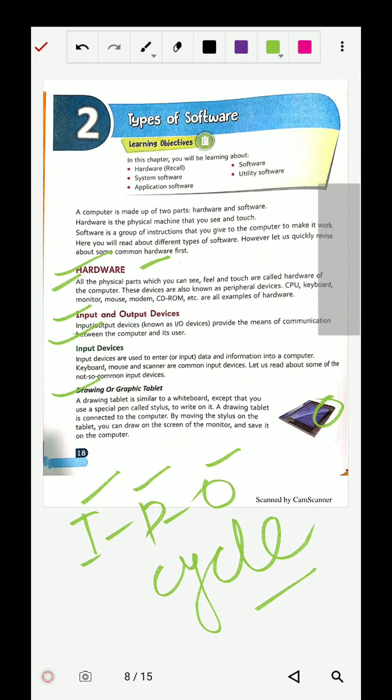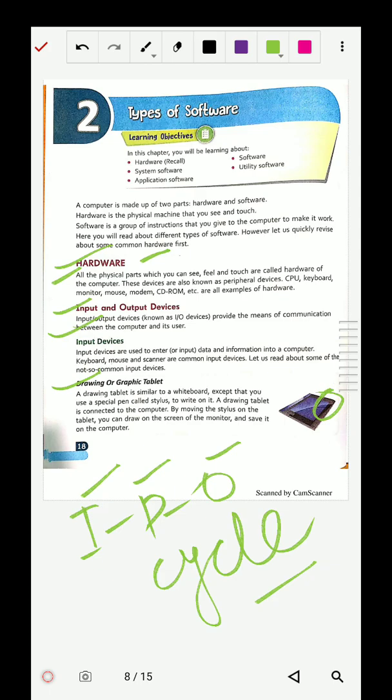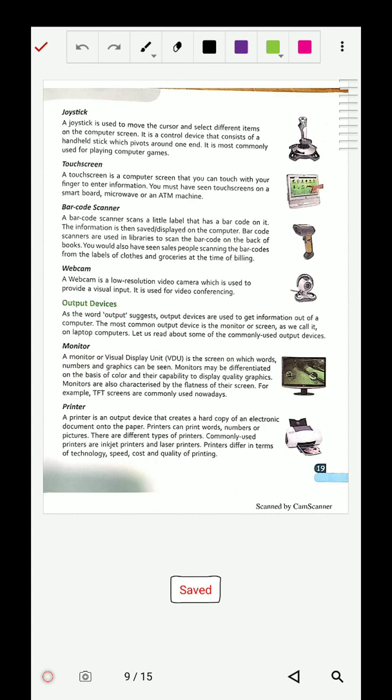Next is the joystick. What is a joystick? It is basically used for playing games. It is a control that consists of a hand stick which pivots around one point, and it is generally used for playing games.